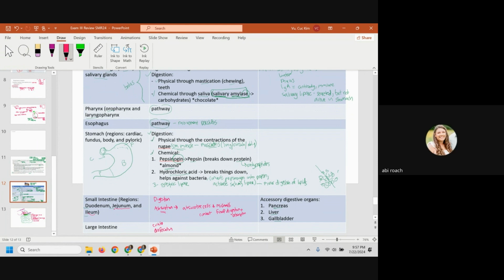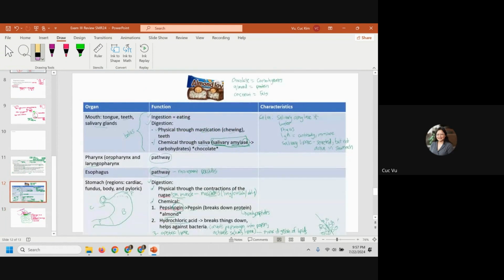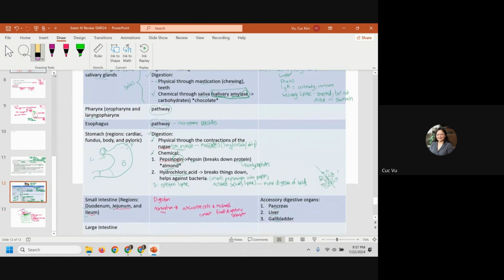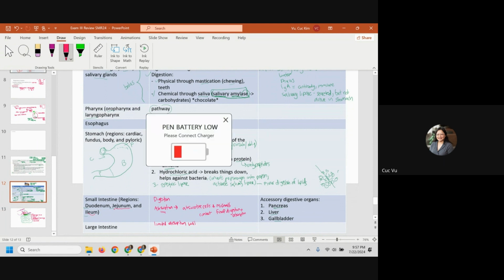The water absorption. There you go. So there's still limited absorption happening here, limited absorption of water